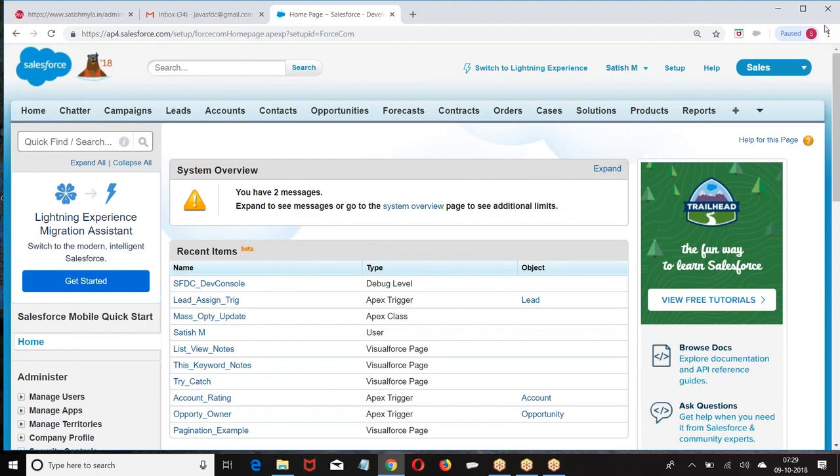If I want to create a contact for an account, unless the account is created, I will not be able to create a contact for it. Likewise, unless the account is created, I cannot create an opportunity. When you want to create a child for a particular parent, first the parent record should be inserted successfully. So that is the reason I am going for after insert trigger.